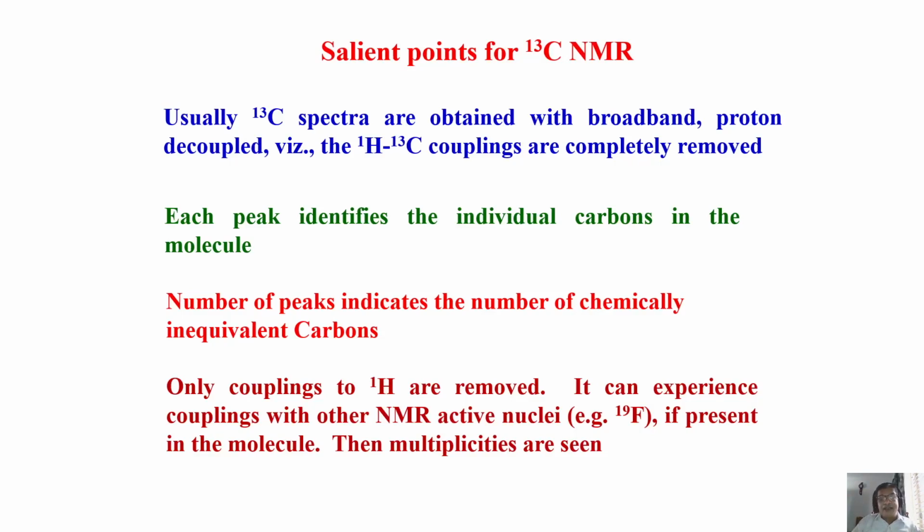Okay. But take the example of the phosphorus fluorine coupled spectrum we saw in the proton, just a few minutes before. There we had a phosphorus and fluorine, CH3 and CH2 group. If I take the carbon 13 spectrum of it, you will remove carbon-proton couplings. But what about phosphorus and fluorine? No, that you don't remove.